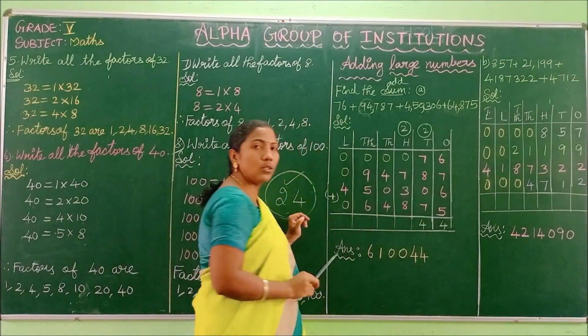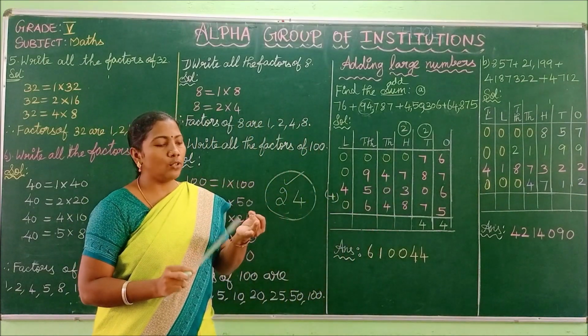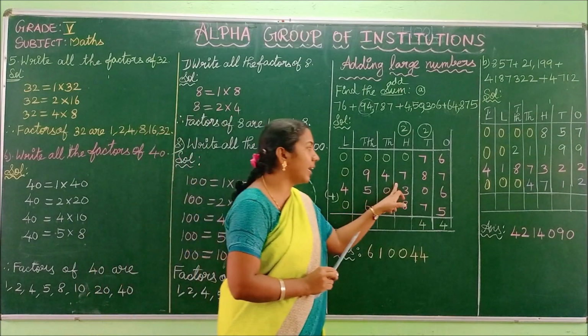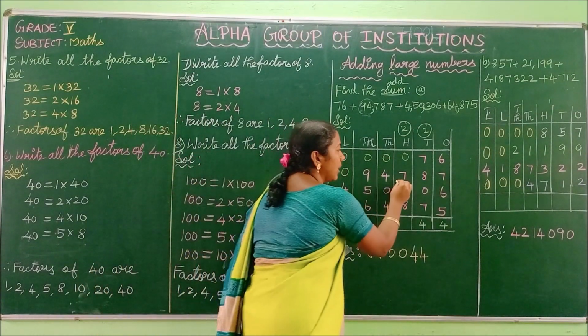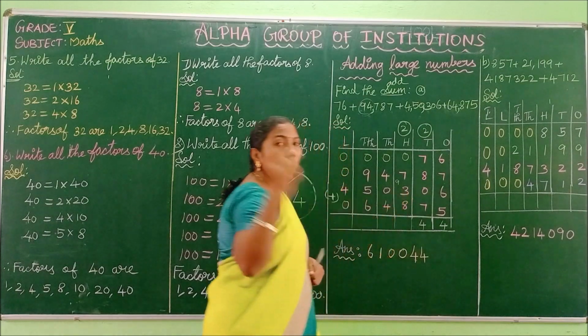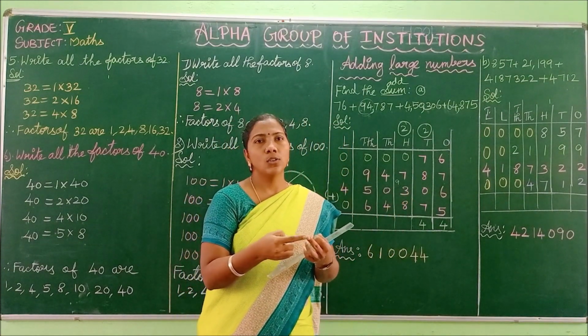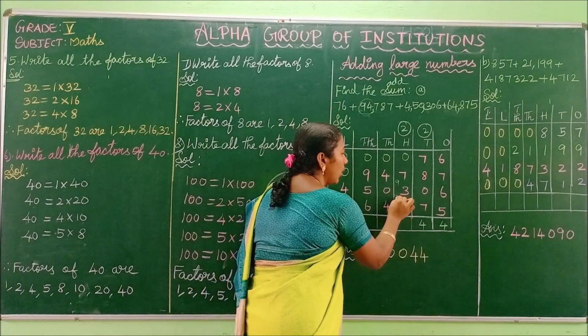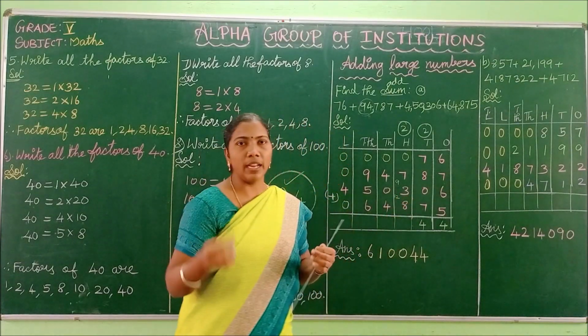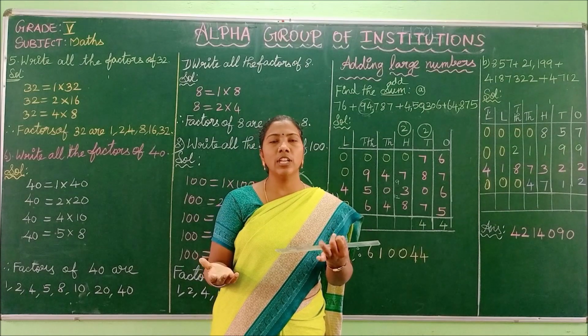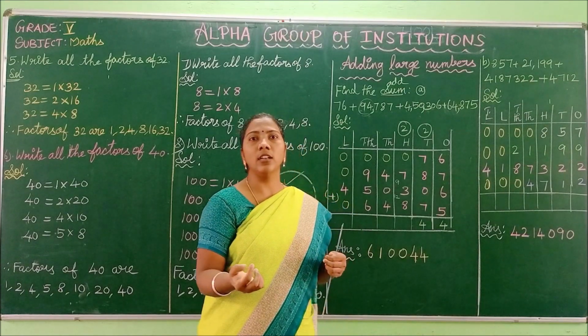Next we are going to add this column. 2 plus 7. So what is your answer? 7 after 2, 8, 9. So you get 9 and then 9 plus 3. 9 in the mind, 3 on the finger. So 10, 11, 12. So you get 12. So you have to add 1 with 8. 12 in the mind, 8 on the finger. So 13, 14, 15, 16, 17, 18, 19, 20.